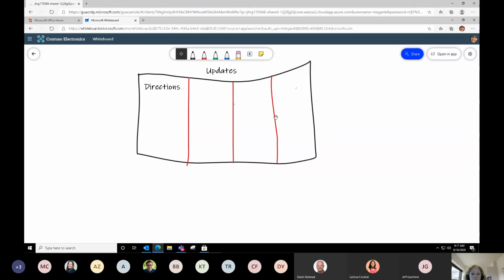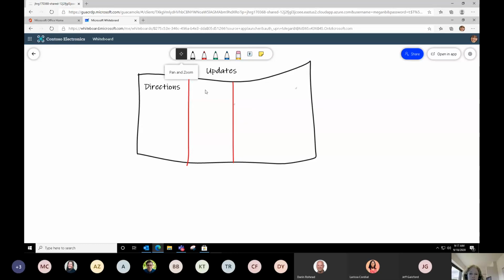Now, what can we do with this whiteboard that we've just created in the online app? Because we've pretty much maxed out what we can do up here with the toolbar. To erase, hopefully you saw this, you click on the eraser and then come in and run your mouse over the things you want to take off. And right now, this is what the eraser mode looks like. Notice I can come up here and click on this and that will turn it off.